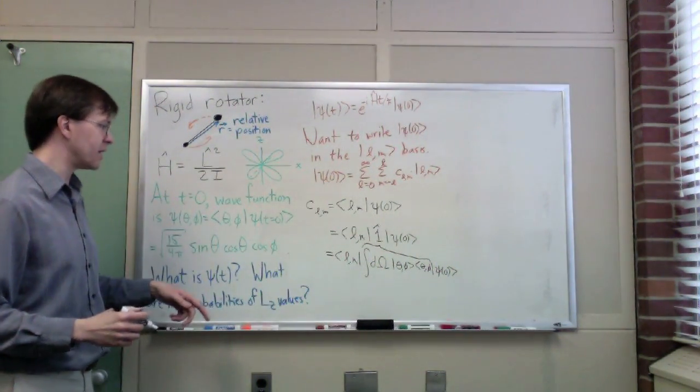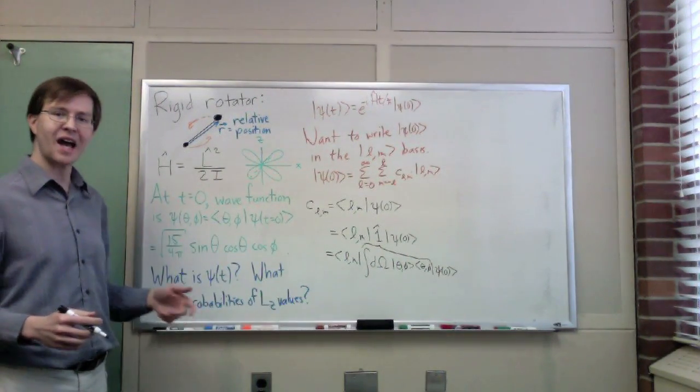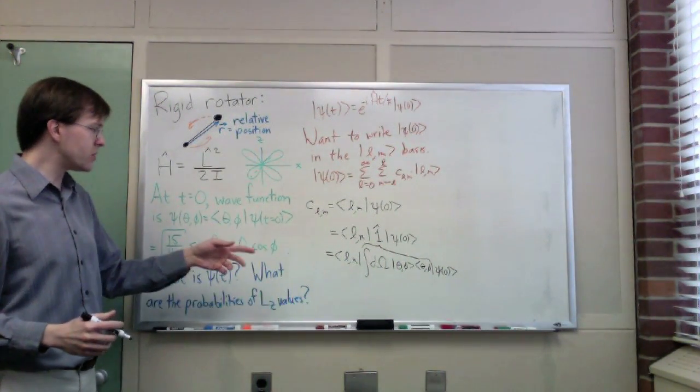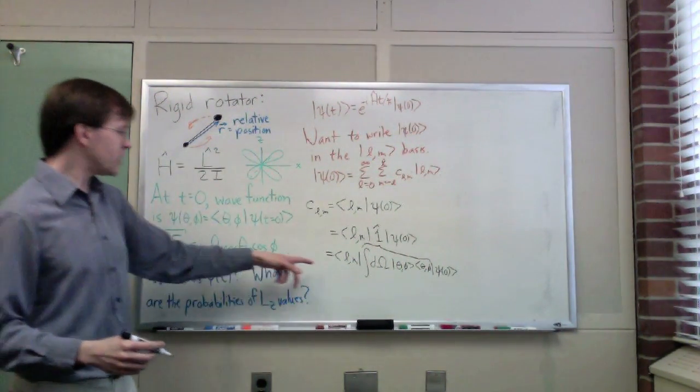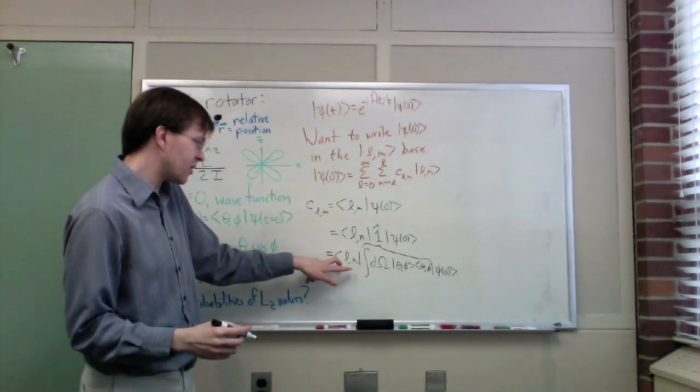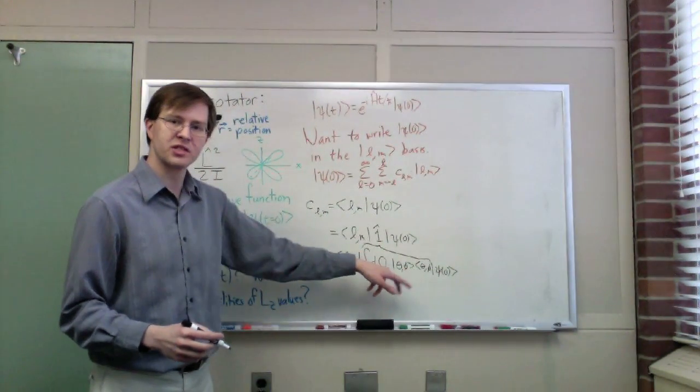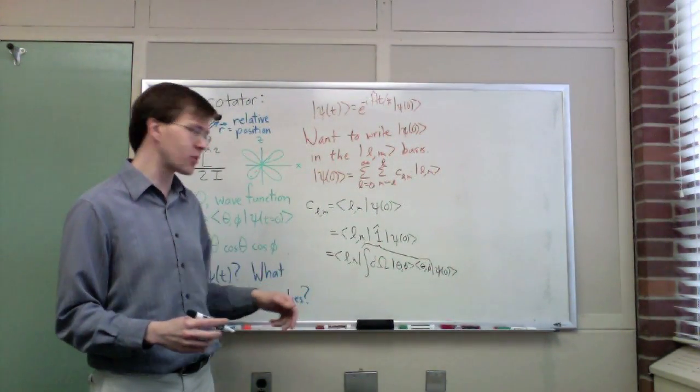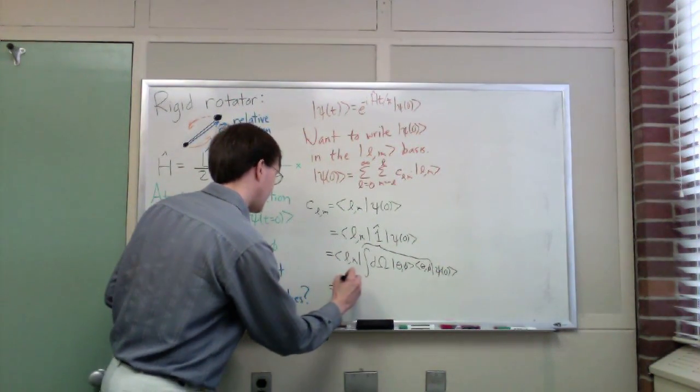I'll write it out in a second. The good news about this, the reason this is nice, the reason we can use this, is that we know what these pieces are. The Lm state here doesn't depend on our dummy variables theta and phi, so I can bring it right inside the integral. And this ends up being an integral